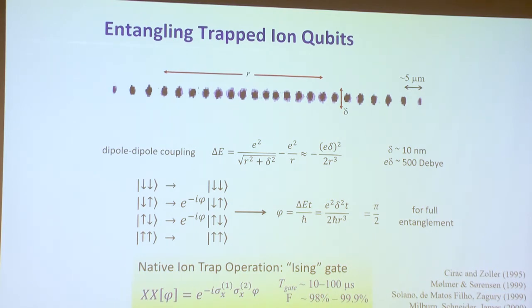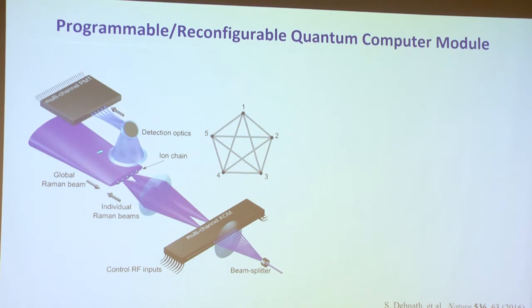So in the last few years, we've been sort of building up the atomic physics on how to do this. And one of our latest systems, it's rather small with just 5 qubits here. And here we have actually the optical beams. One of them is a big fat beam, comes from one side. You actually have to have counterpropagating Raman beams to have a force. But the interesting Raman beams are the ones that we can focus and individually address any qubit in the string. And this is controlled by a very fancy optical device. It's a multi-channel acousto-optic modulator. We actually have 32 channels. We only have 5 ions, so we don't turn on all 32, but the optics will support 32.